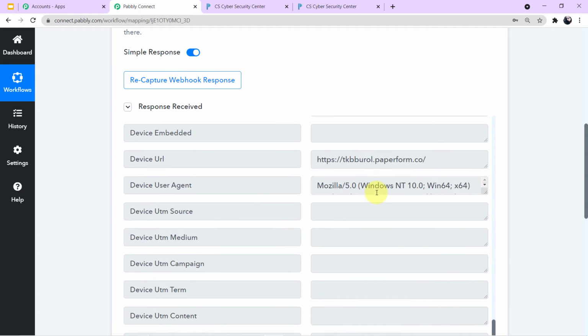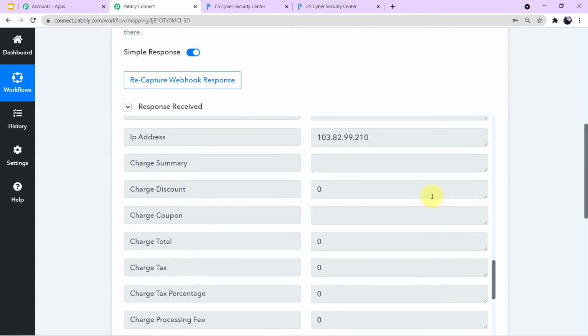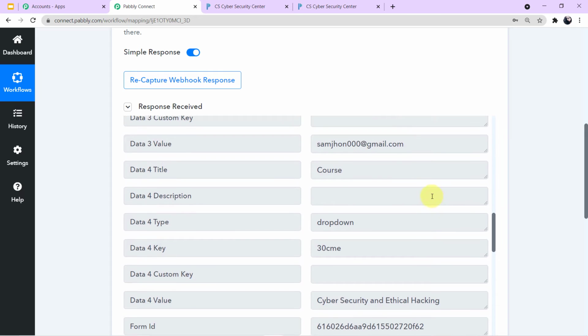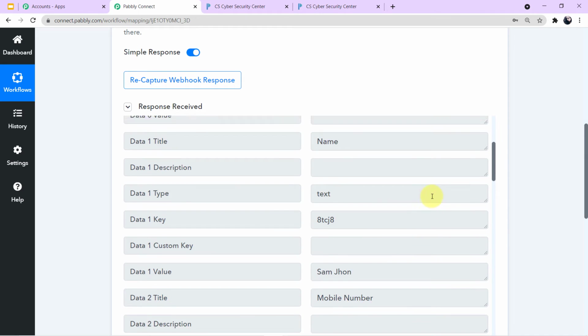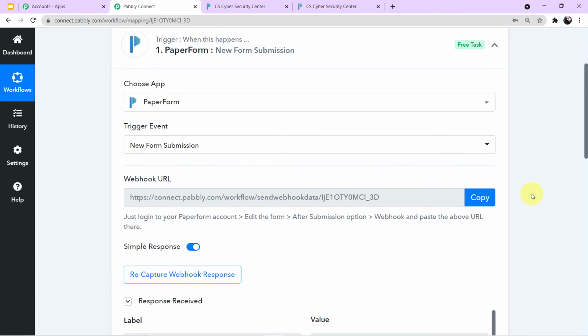But guys, if you see, there is no date given in the responses, but in the certificate which I have created for my students, I have given a section for date. So for that we have to perform a step. We have successfully integrated paper form, so we have completed our first step. Now we have to perform our second step to include the date, because I have given the column for date in my certificate.